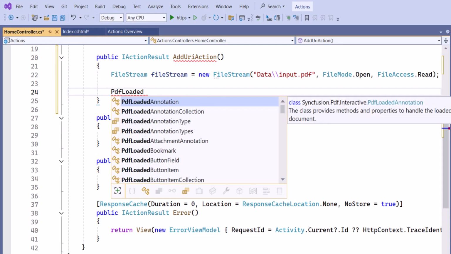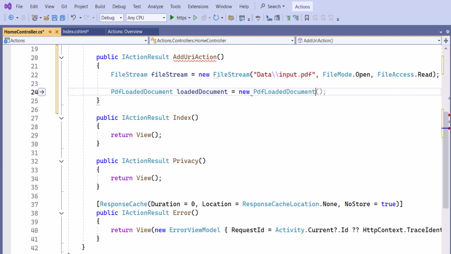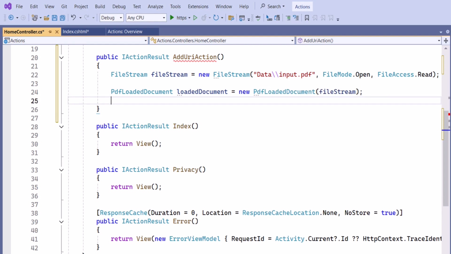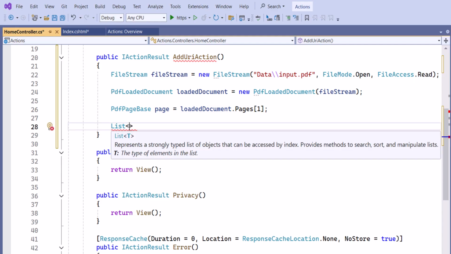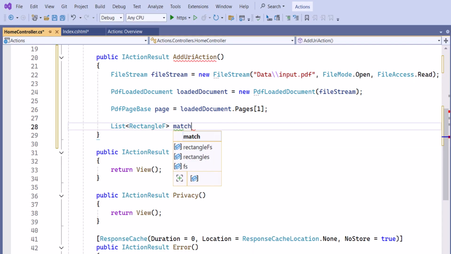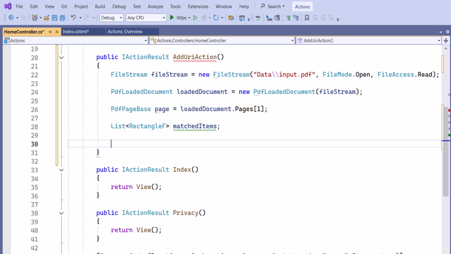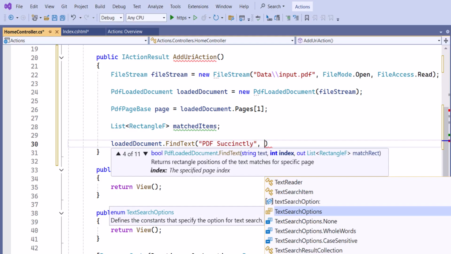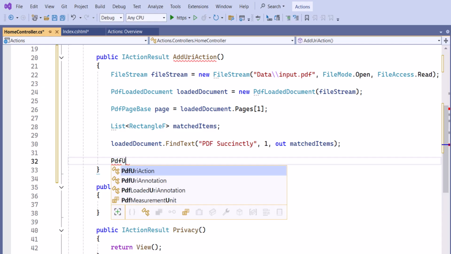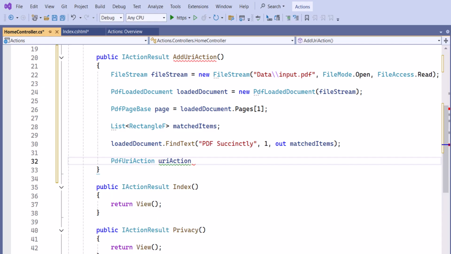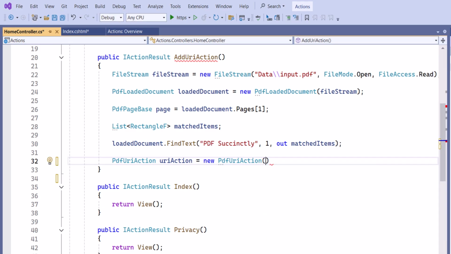I create a PDF loaded document instance and access the second page of the PDF document. Then, I define the list to hold the matched text bounds. I search for the text "PDF Succinctly" on the second page and store its bounds using the FindText method. I create a URI action using PdfUriAction, where I pass the URL that opens when the user clicks